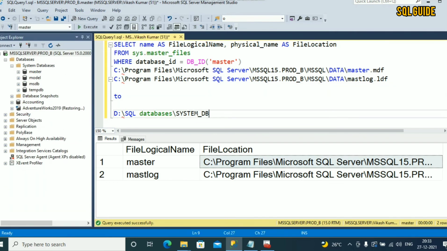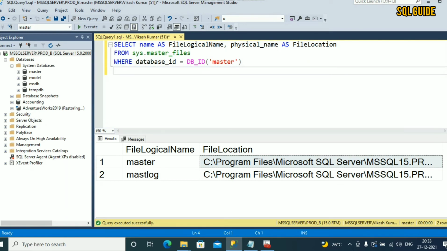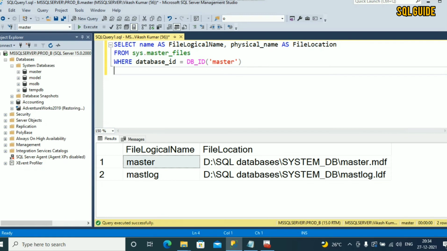Now next step, let's verify it. You can see that the master and master log and master MDF files successfully moved to the new location D drive SQL database. And you can perform some checks on the master database.